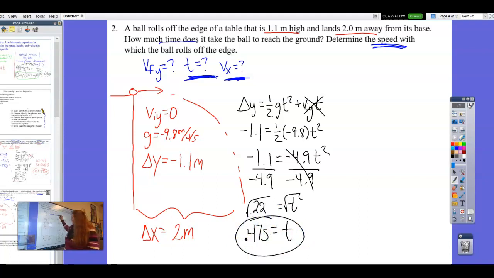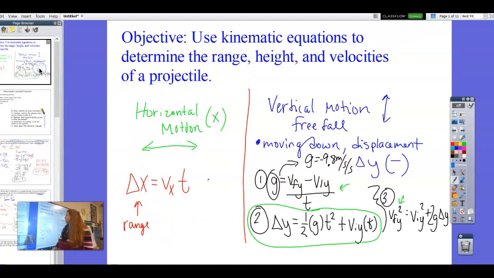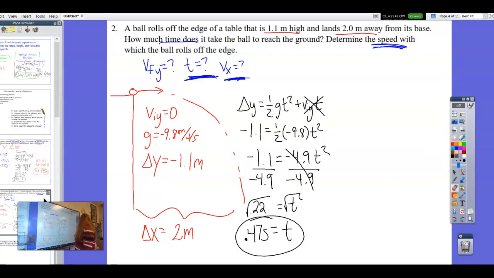So now we have time. Now, since I have time, can I find Vx? Well, if we look at our equations, sure I can. If I have time and I have delta x, I'm going to be able to find Vx. I only have one equation with Vx in it: delta x equals Vx times time. So, now let's substitute. Delta x is 2 meters, Vx is what I'm looking for, and time is